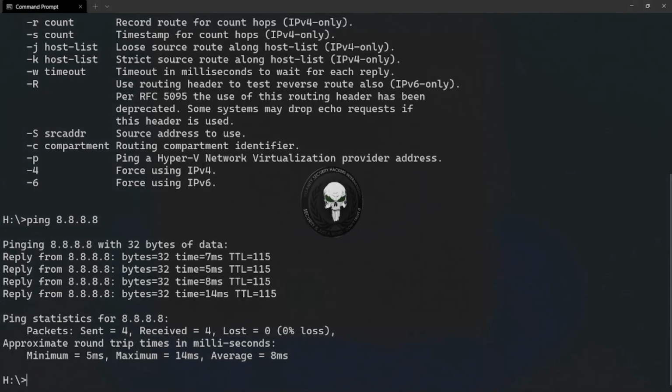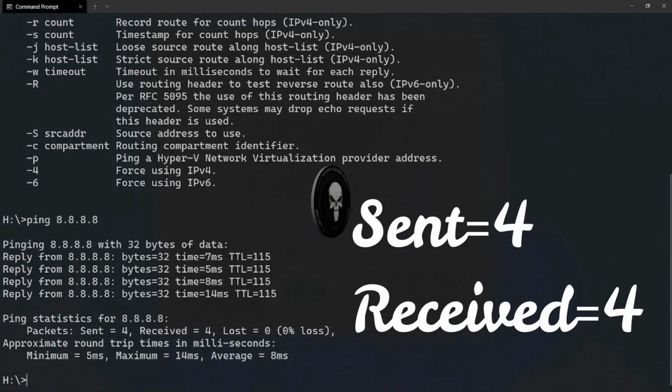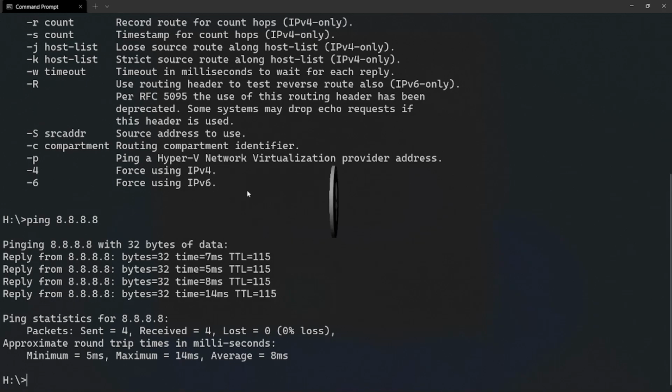Basically, we have sent 4 packets. You can see here there is no loss, so our internet connection is working properly. The test simply shows the amount of time it takes to reach the specific address. In simple words, it helps you to know if the host you're pinging is alive. You can use the ping command whenever you need to verify that the host computer can connect to the TCP/IP network and its resources.